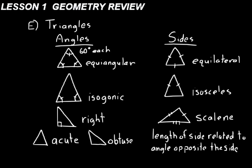Look at what I have written there at the bottom. That's something very important. You might want to put all these triangle classifications in your spiral notebook that you're making, and that statement at the bottom, the length of a side, and that's for a triangle of course, is related to the angle opposite that side. For example, look at this. If I want to draw this triangle right here, I could put that side like that. Now, think about that same triangle. Let's just make that top side longer. Now that makes the opposite side